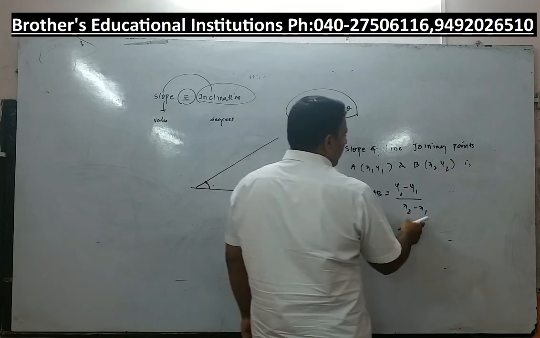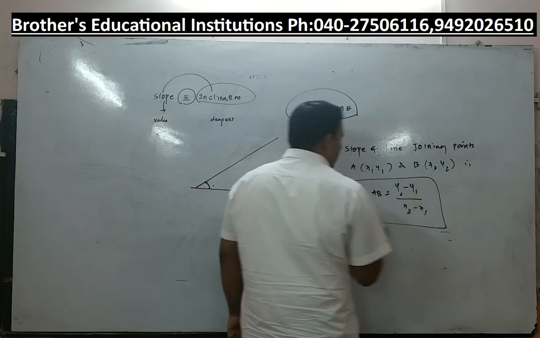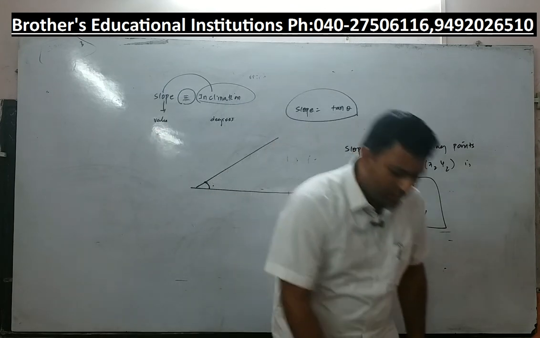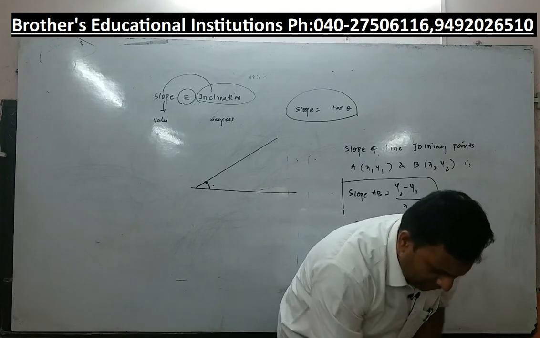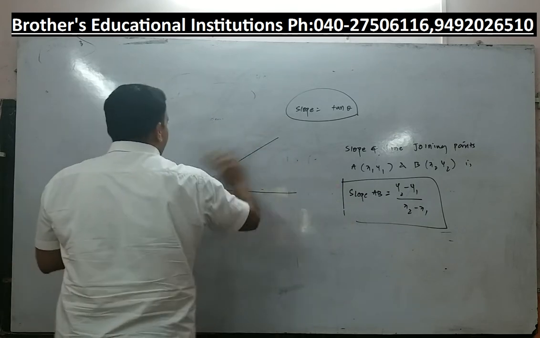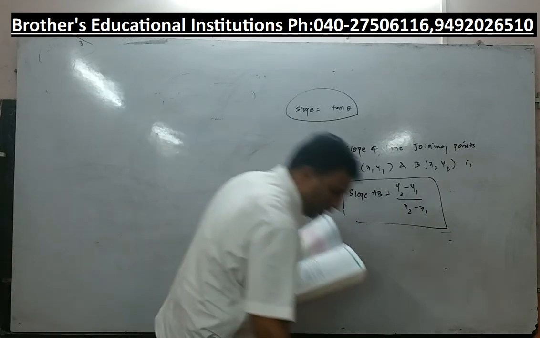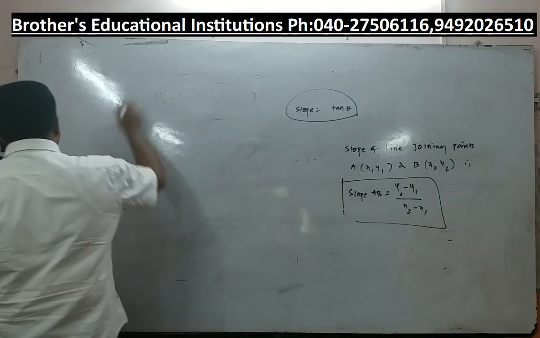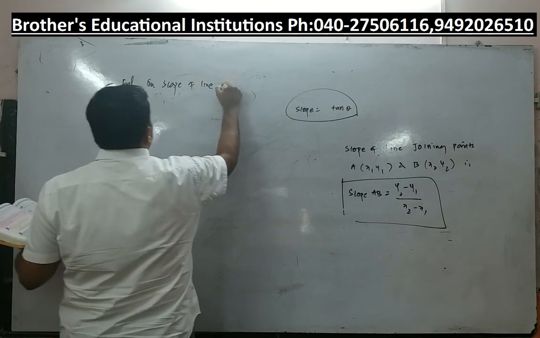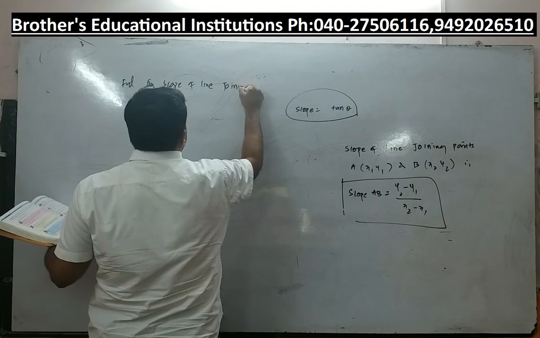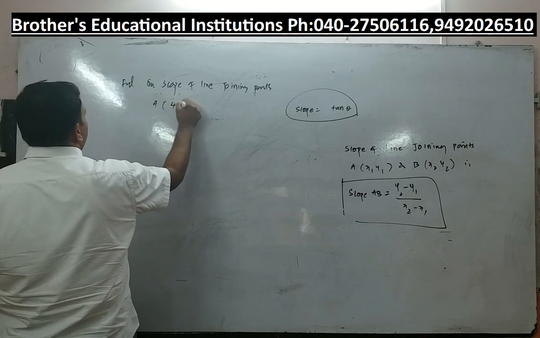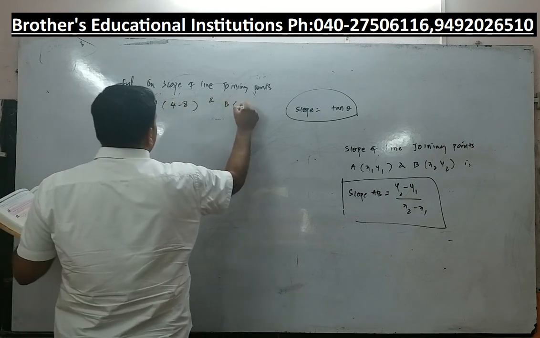Difference of y coordinates by difference of x coordinates will give you the slope of any line joining points A and B. We will take 2-3 numericals and try to understand, because this question may come in the examination for about half mark or 1 mark. So that is the slope formula, and with this problem your syllabus in coordinate geometry pertaining to your 10th class will be completed. I take a question. Find the slope of line joining points A (4, minus 8) and B (5, minus 2).